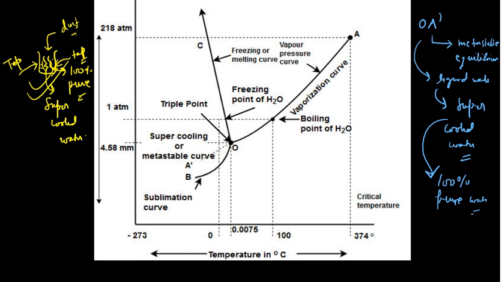So what we have learned: I have explained this graph, this curve OB, this OA dash, and this OC. But I missed a very important point here. You see here, this line OC is inclined towards the y axis. You are observing this, from here to here, it is inclining towards the y axis.